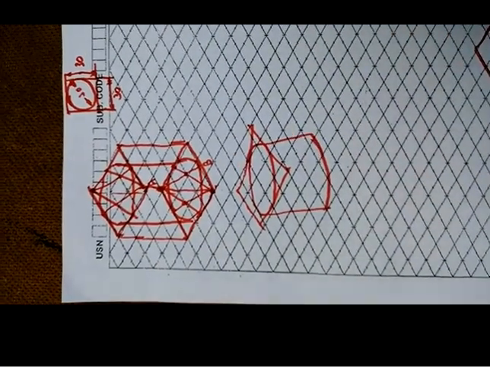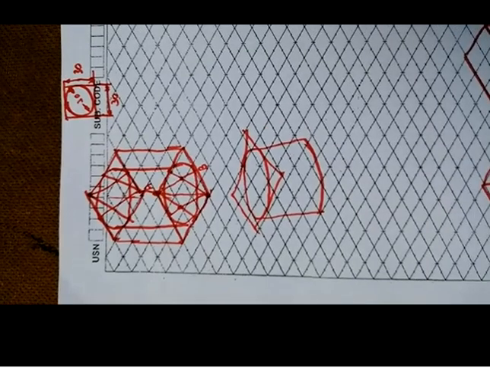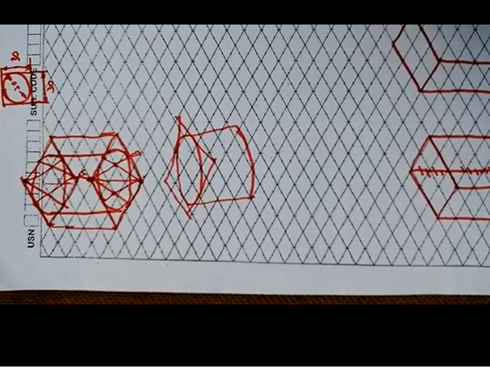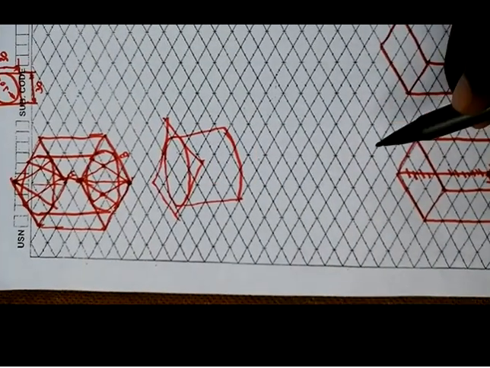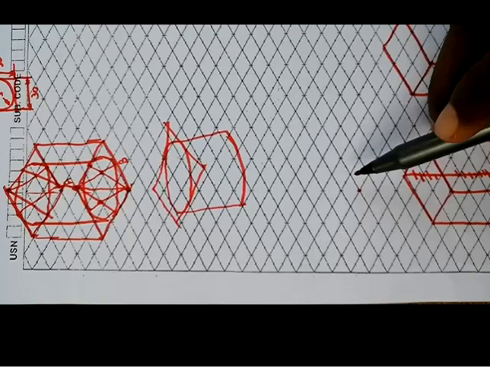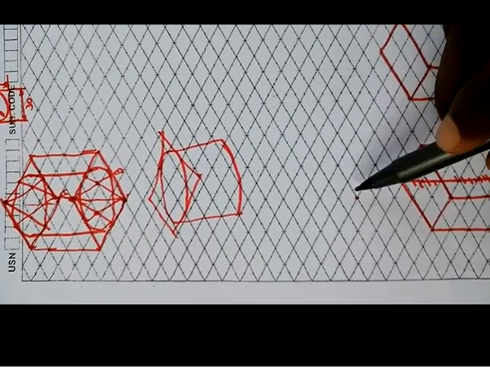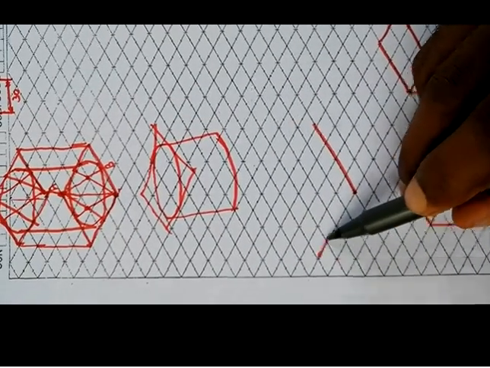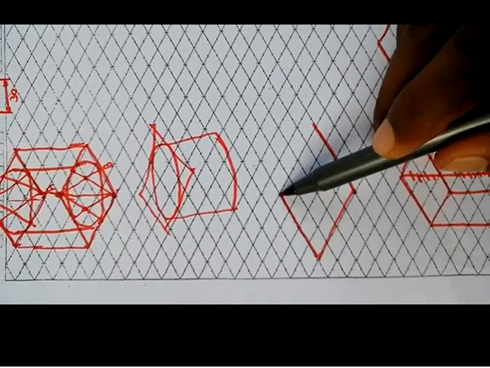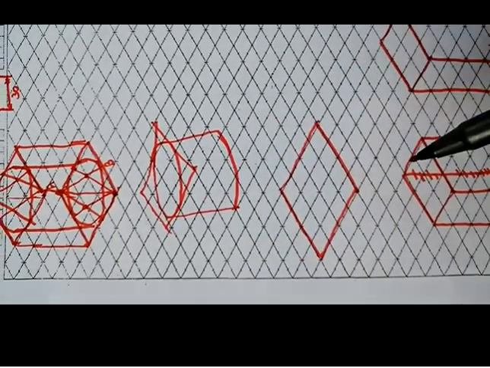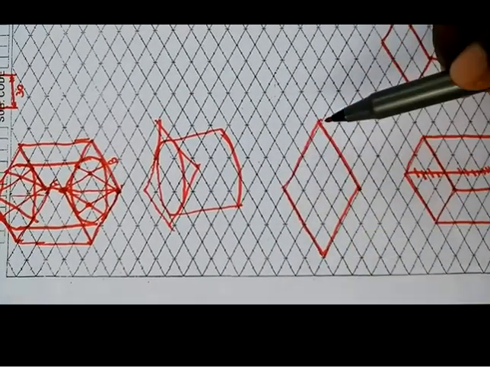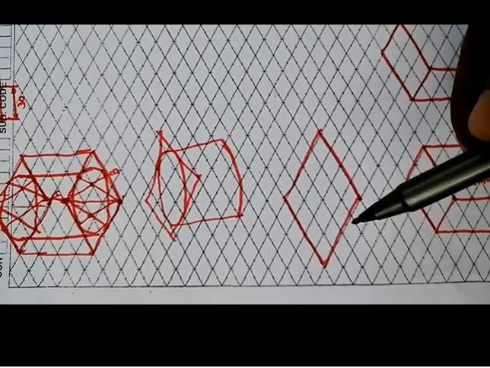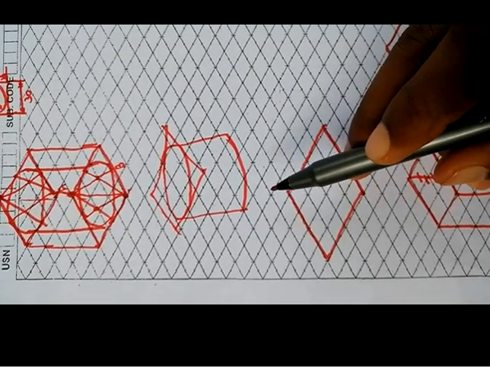One more object I will tell you: how to construct a pyramid. For example, a square pyramid with base dimension 40 and height 50. You know how to construct the square face. Consider one corner, 40, 40, 40, 40. So that completes the bottom face of the square pyramid. And the height of the square pyramid is, say suppose, 40 mm.